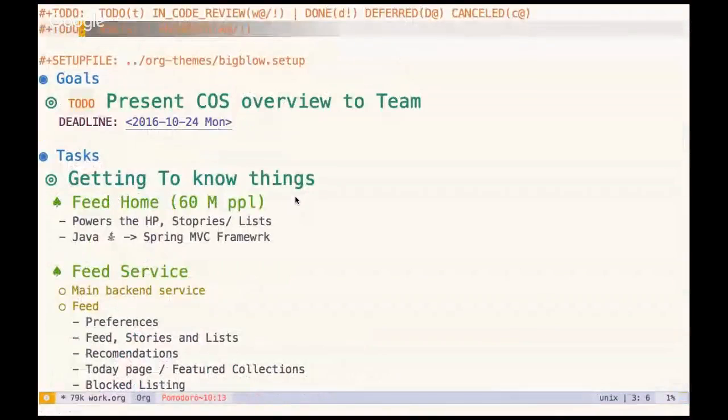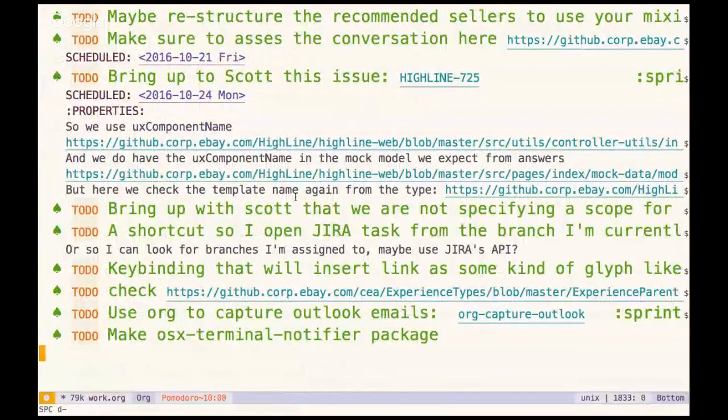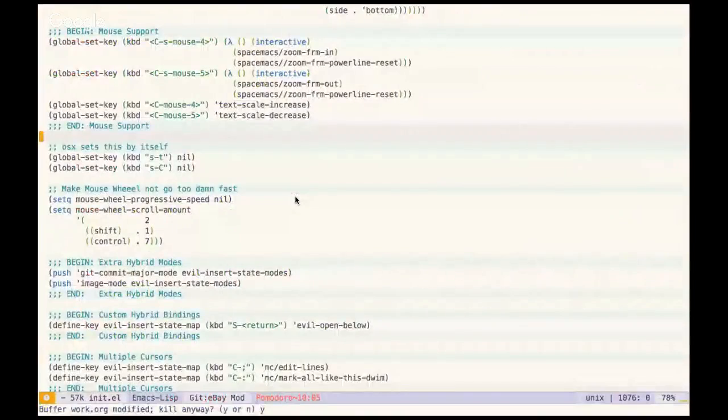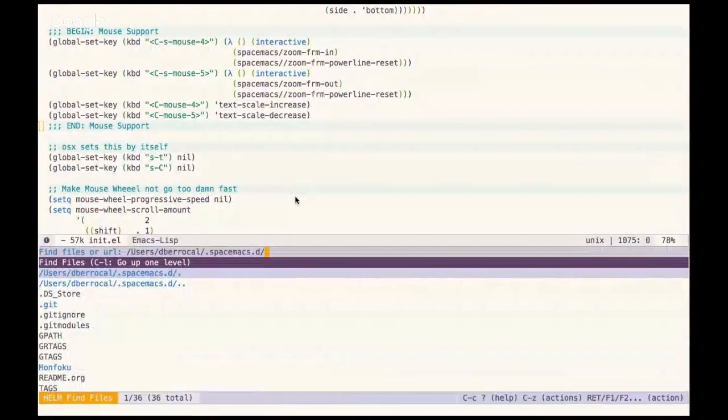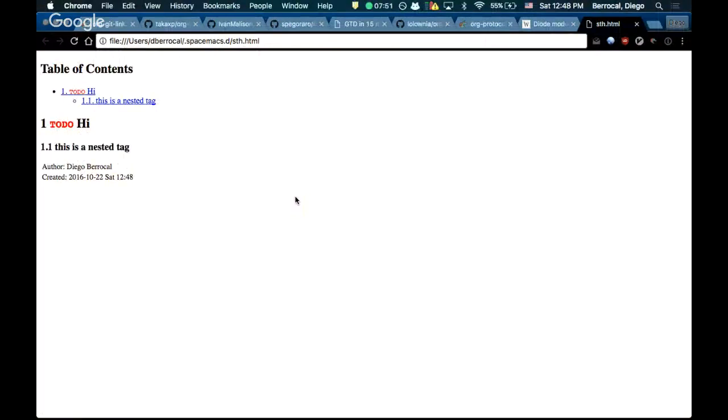You can also export to HTML. And let's try here. Maybe here. No. Yes. Let's try it with a new file. Something.org. So to do, hi. We can have images, etc. If we export it to HTML,